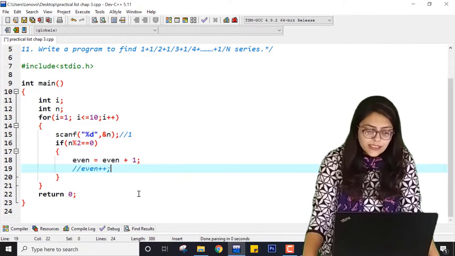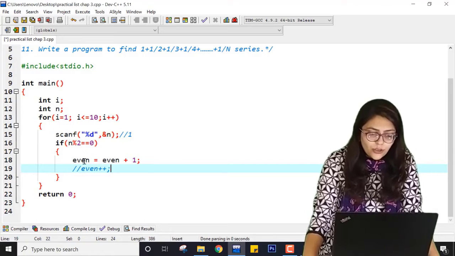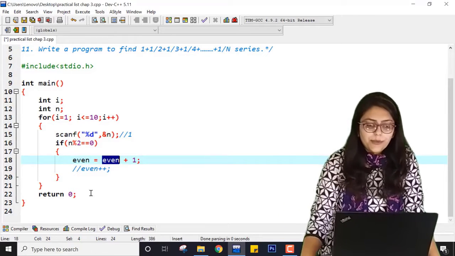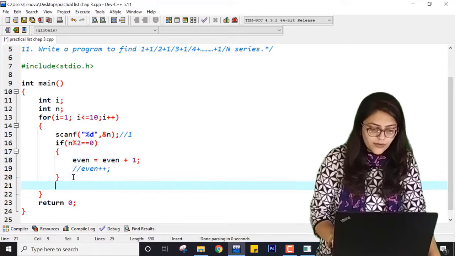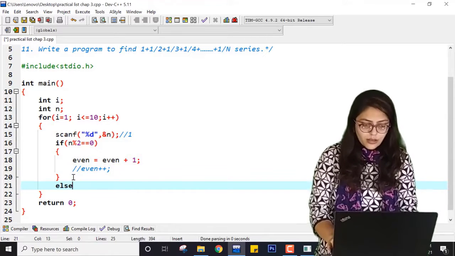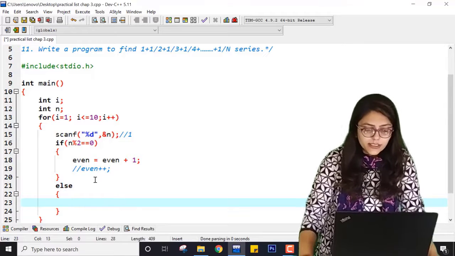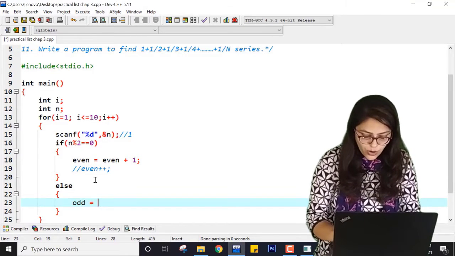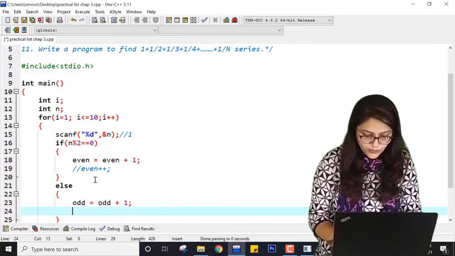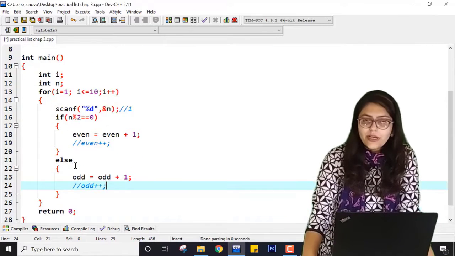Both of them are similar. If the number is divisible by 2, I am adding one to the previous value of even. This is similar to the sum questions. And if this is not the case, that means the number is odd. So I am doing odd equal to odd plus 1, or I can also do odd plus plus. You can write any code.